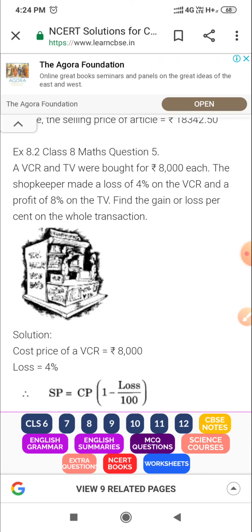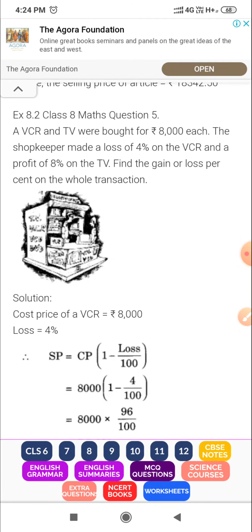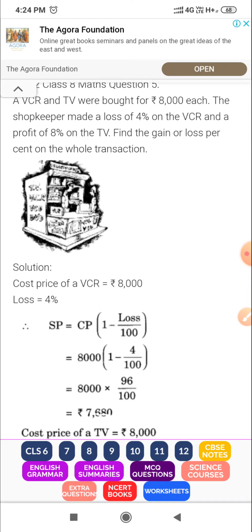with question number 5. And the fifth question is: a VCR and TV were bought for rupees 8,000 each. The shopkeeper made a loss of 4% on VCR and a profit of 8% on TV. Find the gain or loss percent on the whole transaction. For solving this question,